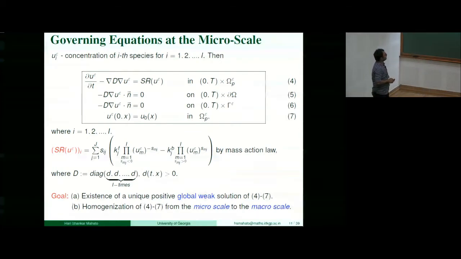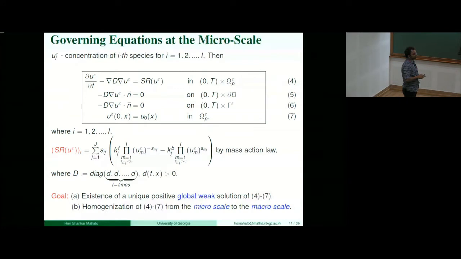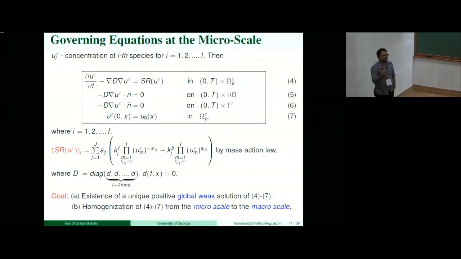First of all, to analyze this model, I said that we have I number of species. And from the literature, it is well known that if you have different D's, that means different diffusion coefficients in your system, then the global solution does not exist. Even till today, at least I don't know of any results which can talk about global existence of solution for different diffusion coefficients.